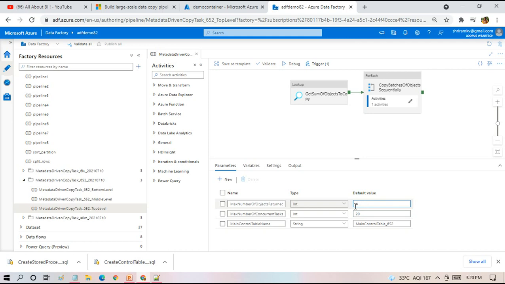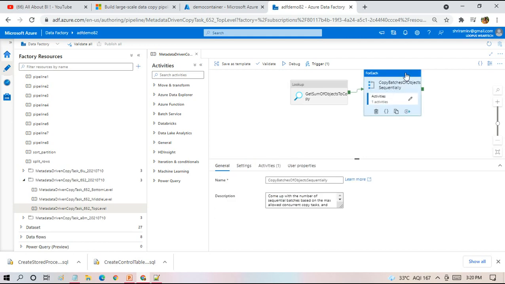See, lookup has the limitation to return 5000 records or 2 MB in size, I think. So if you want to control that information, we can play around with this value. Okay, so we pass this information to this pipeline, and this has a for each loop which is going to execute